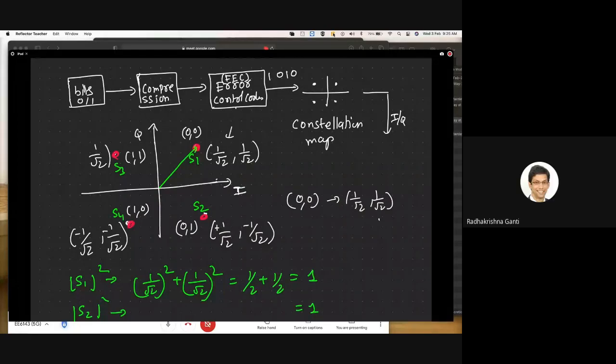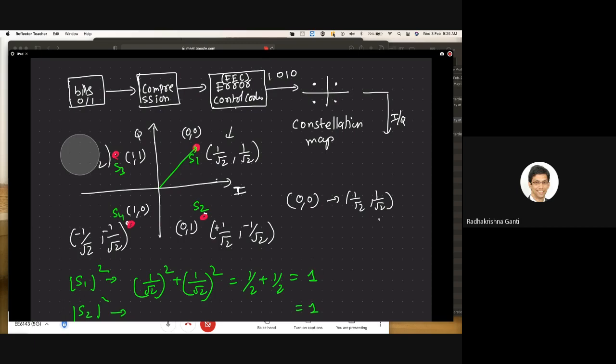Generally, what range would the amplitude be? That is implementation specific, so we don't have to worry about it. What we have to think is that they are two real numbers. That's all. And we generally normalize the real numbers so that the energy at this point is 1, because there's a power amplifier and other things later which scale up all these things. I will tell you that. So at this point, you can think of the bits as mapped to some real numbers. In general, the bits are mapped to complex numbers, because they're 2 dimensions of real numbers.